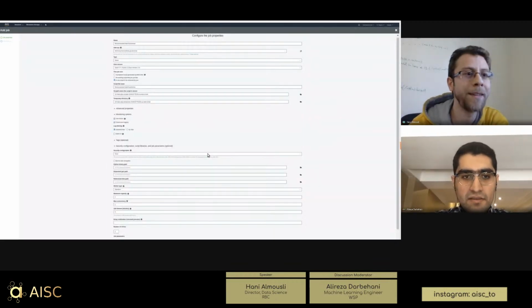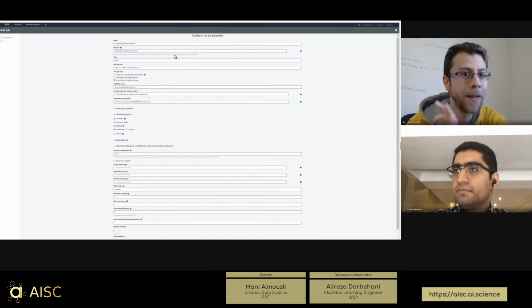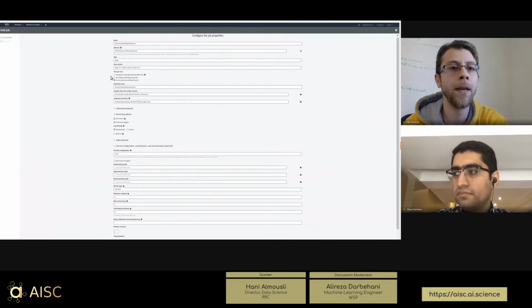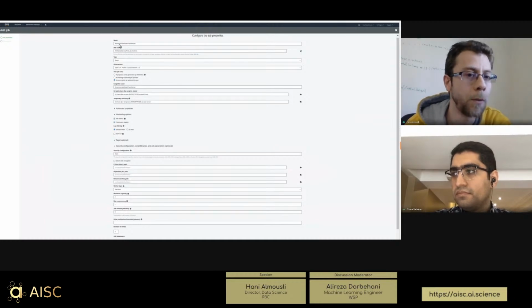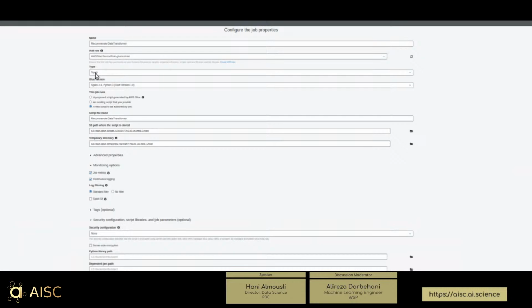So I know that one is a little bit slow. That one is a little bit small. So I'll go over the main things that are interesting on configuring your AWS Glue job. So the first thing is the name of the job, which is something you can choose, the role, then the type of the job. And in that case, I'm saying it's a Spark job, and what's the version of the Glue. So it's Python 3, Glue version 1.